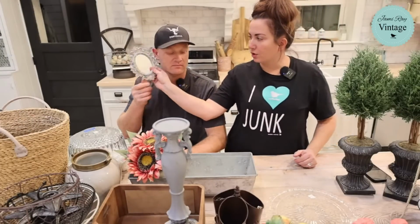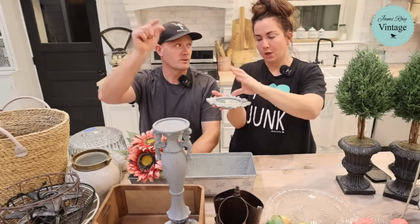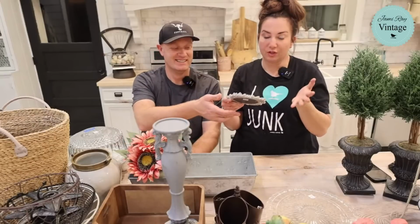Actually, it'd be so cute if you put it like this with a little candle on it, because then when you lit the candle, it would reflect. The candle is a curvy one? The candlestick and then the candle. Okay. Whatever. I love to use mirrors to set things on for vignettes. That's what I would do with it. But you know, you can do whatever you want if you pay